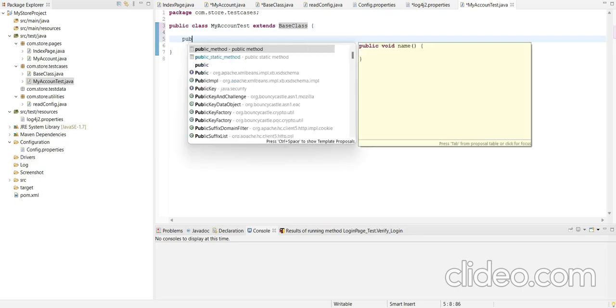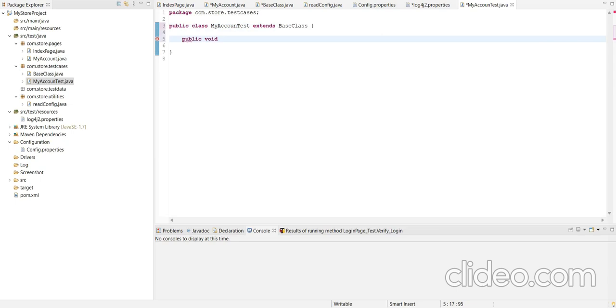Now we will create one method, public void verify registration.